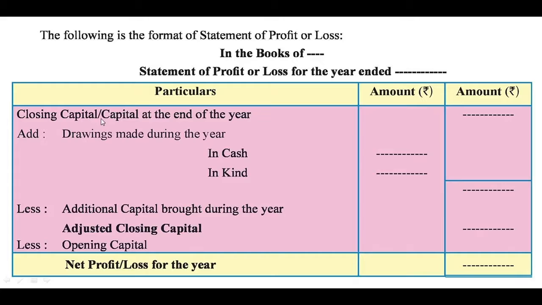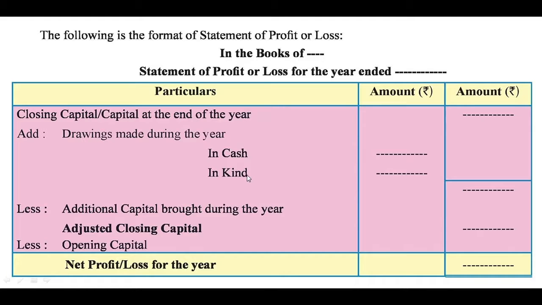Now students, we have already learnt how to find out the closing capital while making the balance sheet in the final account. First we take the opening capital from the trial balance. In that we add the net profit if the profit is made by the business, or else we subtract the net loss if there is a net loss during that particular year. Then we also subtract the drawings, and after that we get the closing capital.